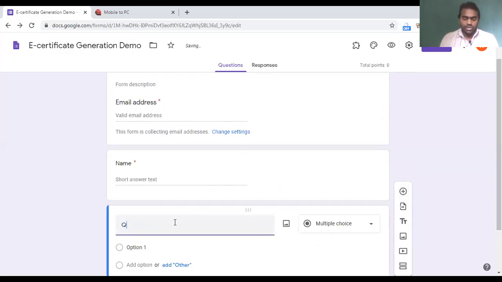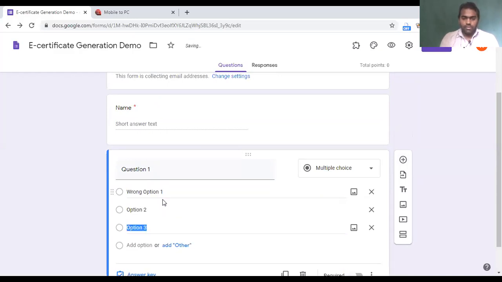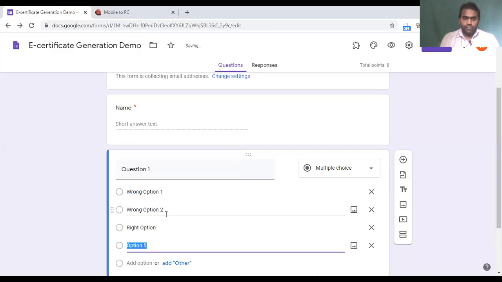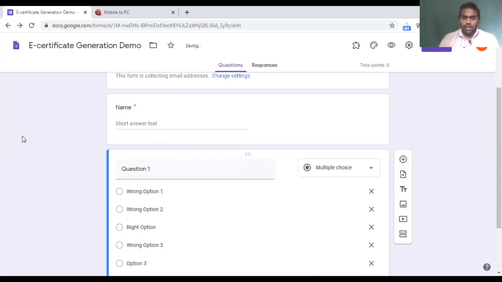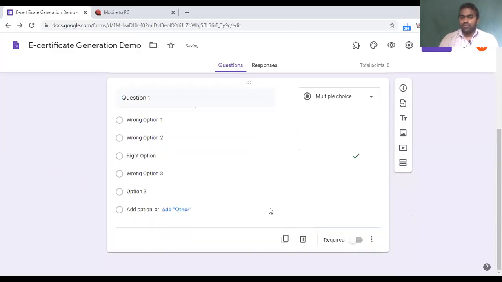After that, I'll add question 1. I'll add some options: wrong option 1, and the right option. Now I shall go to the answer key, and I'll set the right option as the right answer. I'll choose 5 marks for this question.